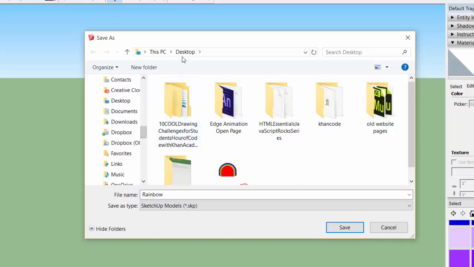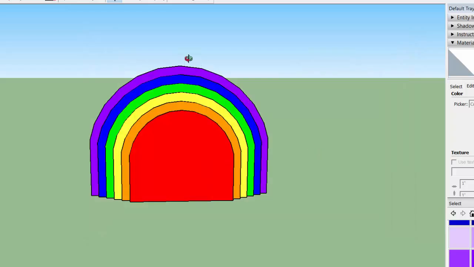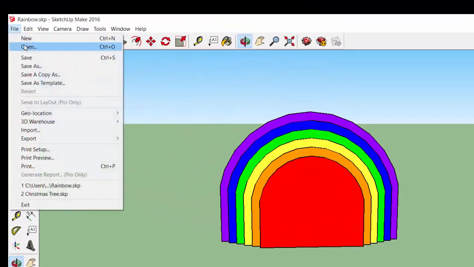Like I'm going to save mine to the desktop, but you could save it in Documents or Pictures, someplace you know where it's at, and click Save. And I already had one named that, but I'm going to say yes. And now, the next time you open SketchUp, if you go to File and Open, you can find your rainbow file and it should be there. I hope you made a lovely